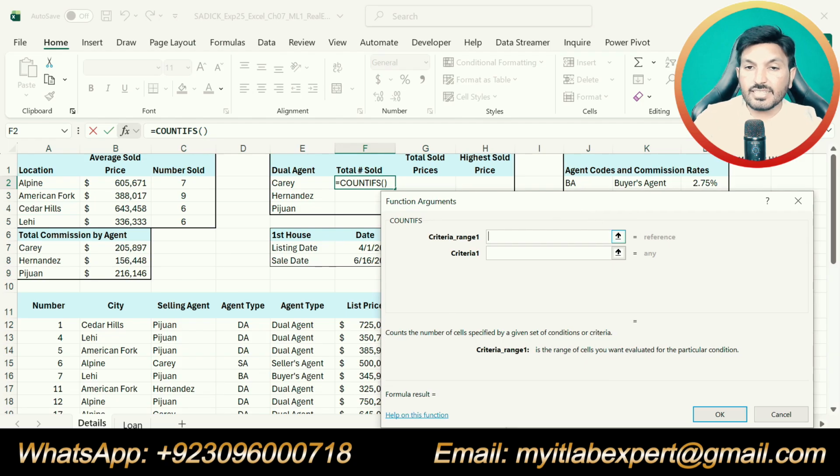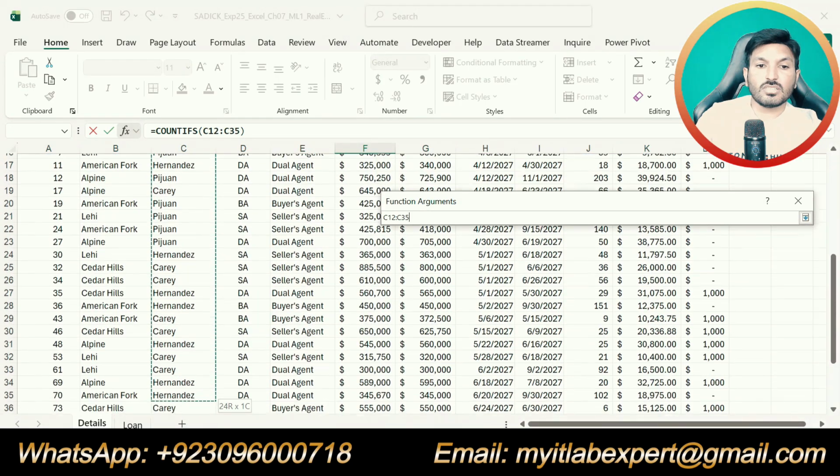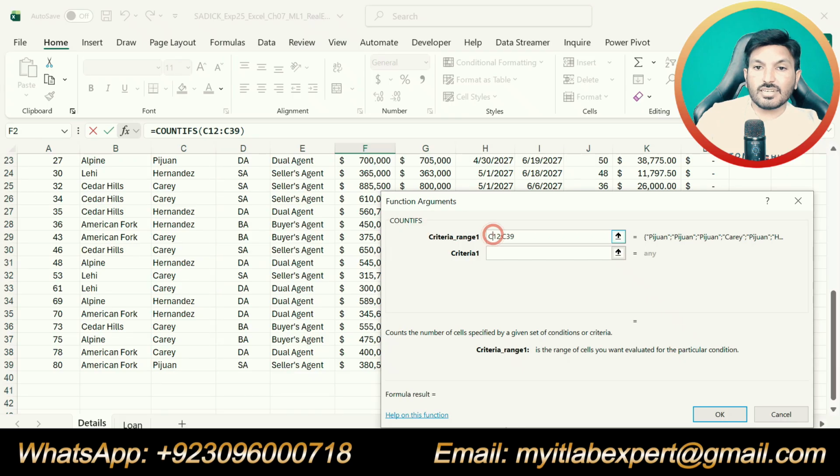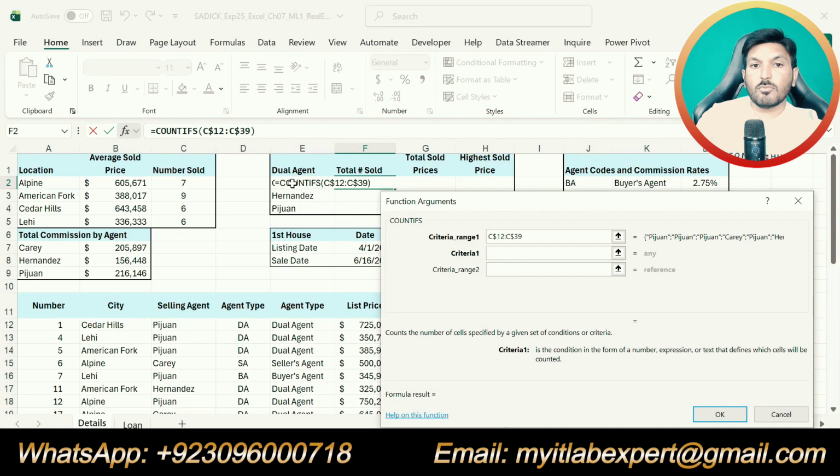So now our criteria range 1 is the agent name column, and selling agents are given in column C. So column C starting from C12 up to C39 will be our criteria range 1. And our first criteria will be the name of the agent that is given in cell E2, that is Carry.